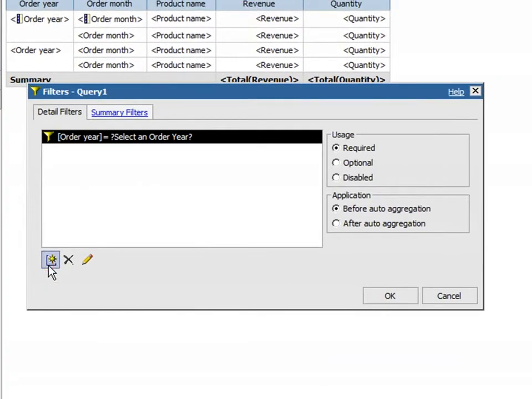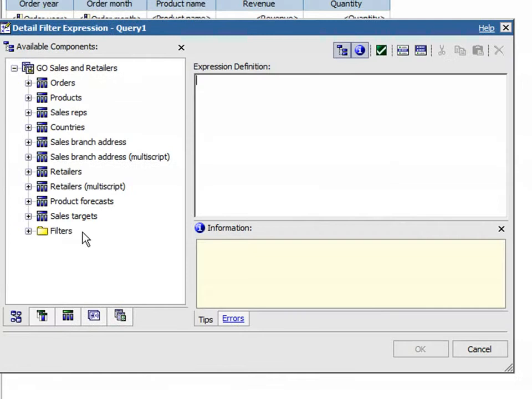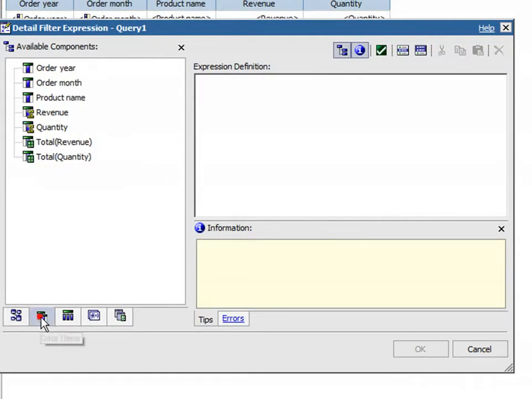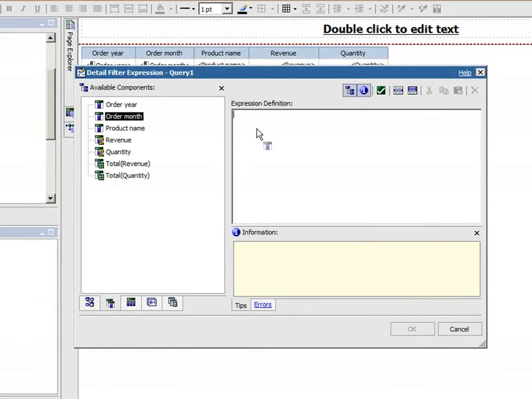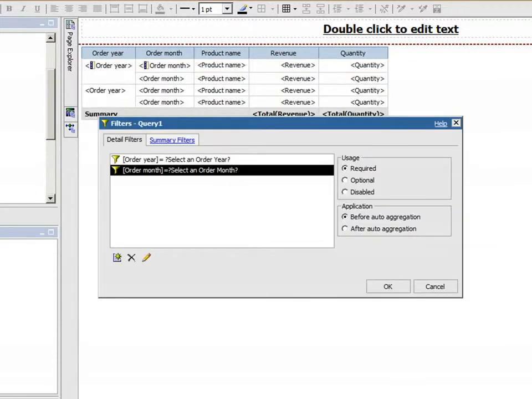Click on the Add button again. Go to the Data Items tab, second tab in the list. Select your order month and drag that over to your expression definition. Type equals. Again, for prompt, type in question mark, select, and order month, question mark, and click OK. Click OK again,